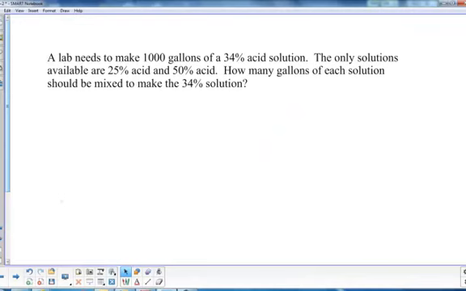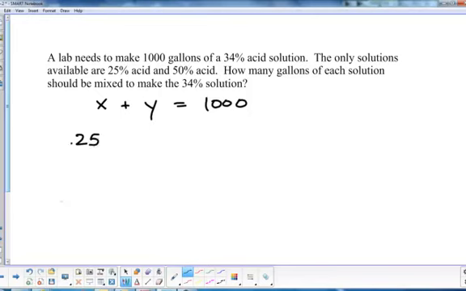Alright, a lab needs to make 1,000 gallons of a 34% acidic solution. The only solutions are 25% acid and 50% acid. So how many gallons of each should be mixed to make the 34% solution? So if I have my X solution and my Y solution, I need to have 1,000 gallons total. So I'm mixing a 25% solution, I'm not sure how much of that, and a 50% solution, not sure how much of that, to get 34% solution,